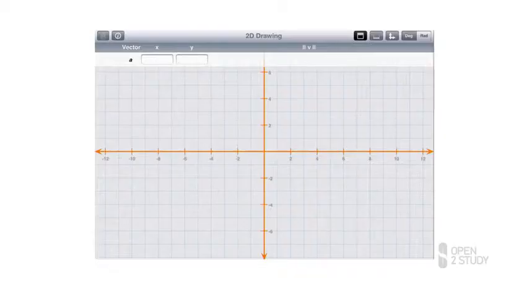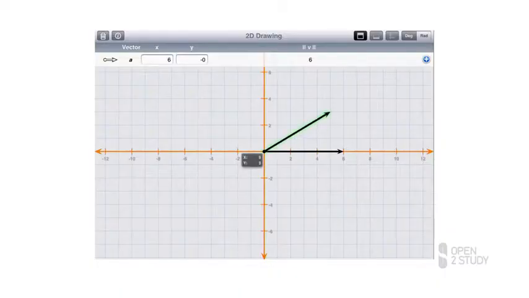Well, one way we can think about them is to use an arrow to represent the vector. The length of the arrow tells us about the magnitude, and the direction the arrow points tells us the direction the vector points. So let's try some examples now where we're going to draw vectors as arrows and maybe do some calculations using them. I'm drawing an arrow here to represent a vector. You can see the arrow there is 6 units long and it's pointing off to the right. This might represent, for example, a velocity of 6 meters per second to the right. It has a magnitude and a direction as indicated by the arrow.